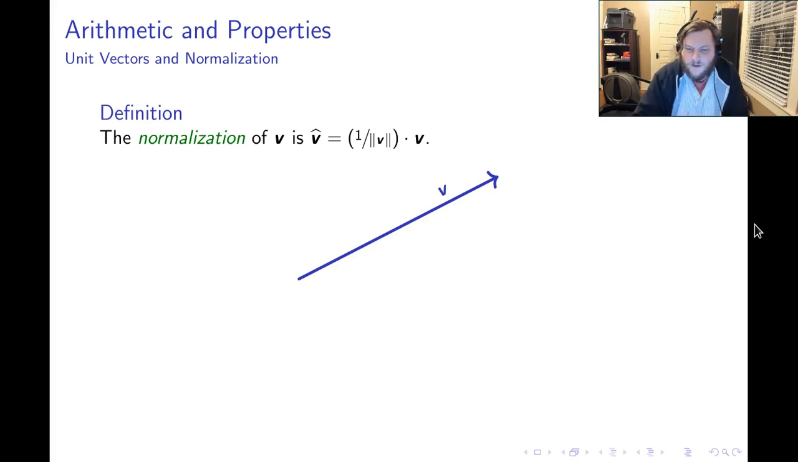Another important construction is the construction of the normalization of a vector. So the normalization of a vector v is sometimes referred to with this hat notation, so v hat here. This is a little bit unfortunate because later in the course we're going to use hat notation to refer to something different, but for now we'll use hat notation to refer to the normalization of a vector. And by definition, this is the same as the original vector, except we scale by 1 over the length of